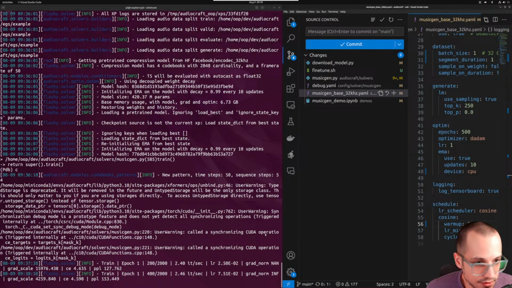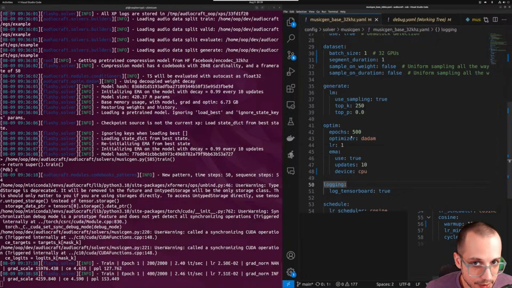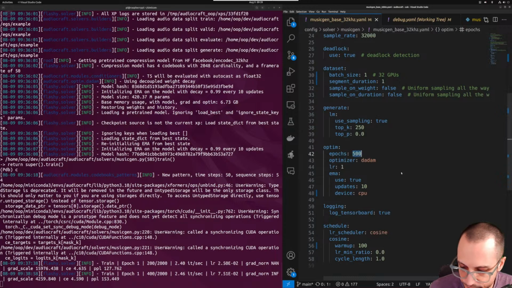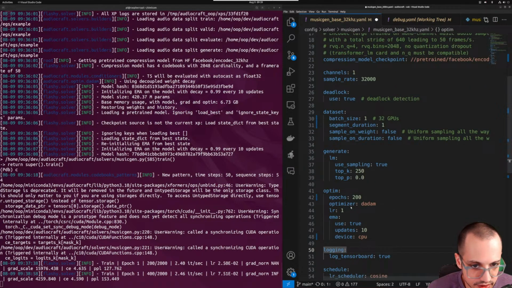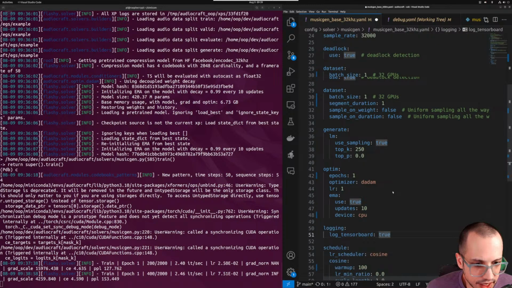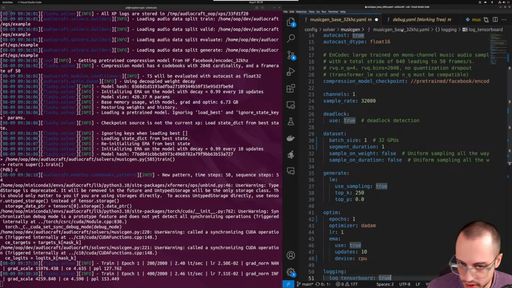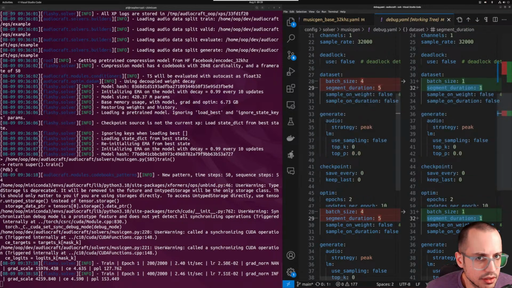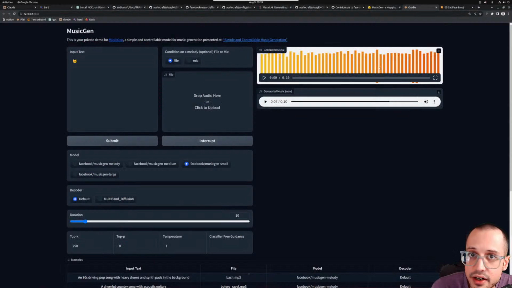Okay, let's also... there's no way we're going to get through 500 epochs here, so let's just do 400 epochs, or 200 epochs. Or no, not even, this is epochs. We just need one epoch. And we also need to change the number of steps per epoch. I think they mentioned that in their